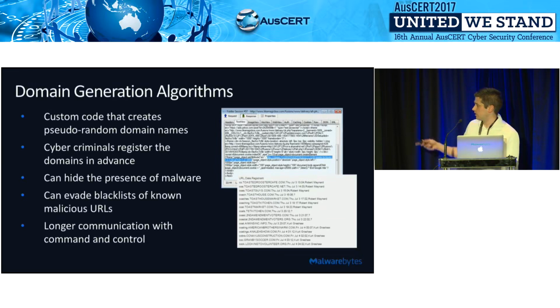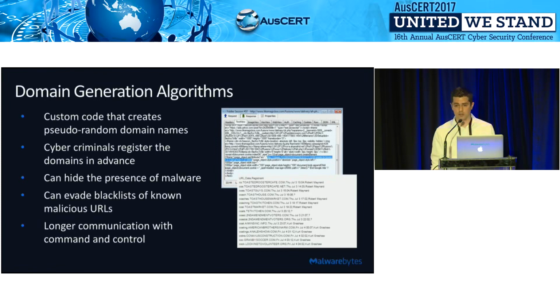These, as I mentioned, can evade blacklists of known malicious URLs, URIs, and IPs. And the end goal here is that they allow for longer communication with command and control servers, right? In combination with delayed activation, or techniques by which a malicious attacker can on demand reactivate a piece of malware.